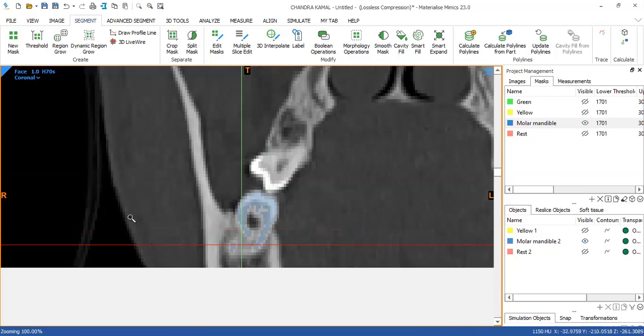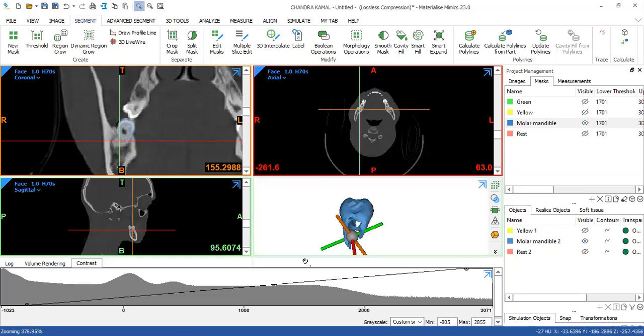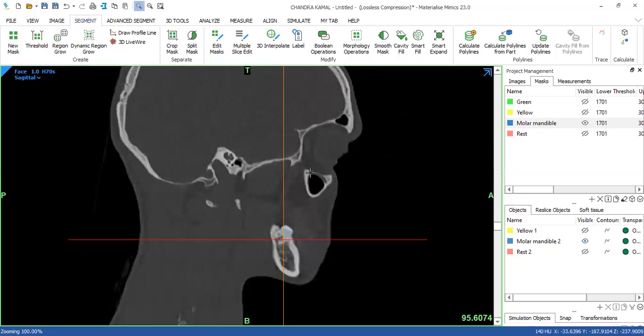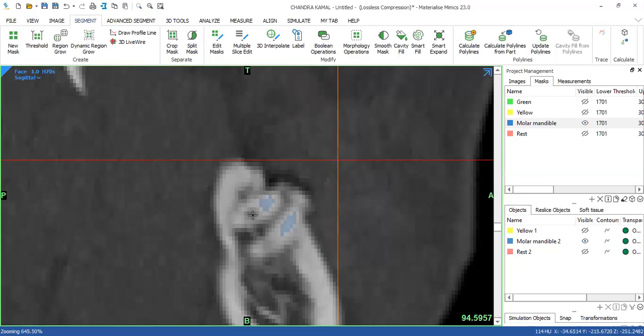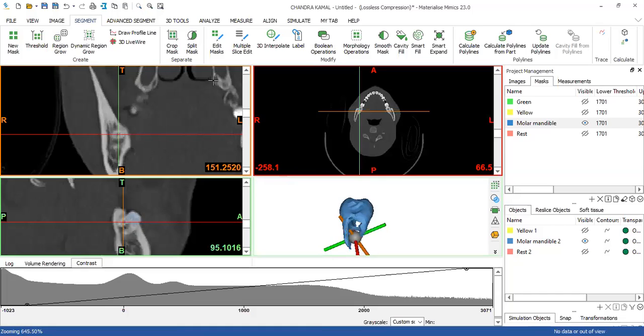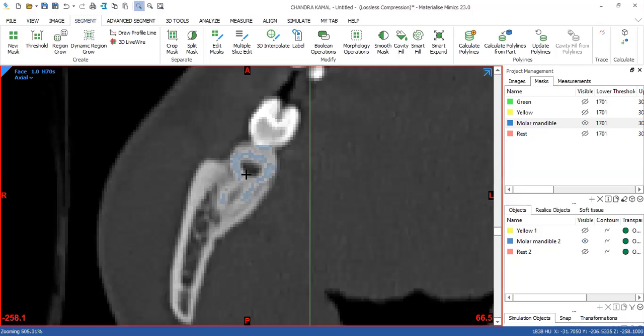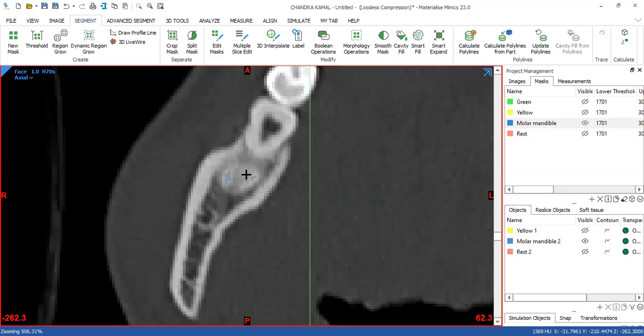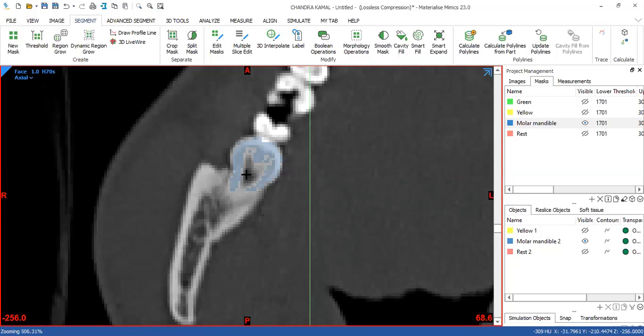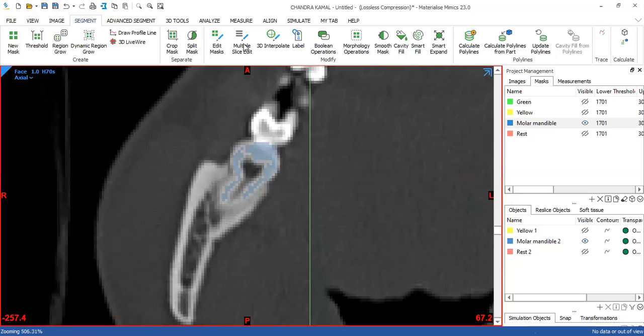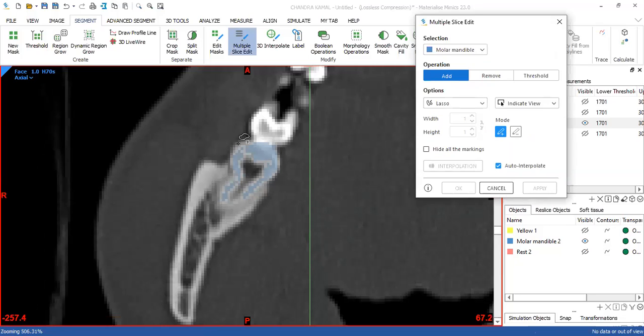Section is remaining. So it is multi-slice edit. First, I'm just going to complete the tooth. So use lasso.